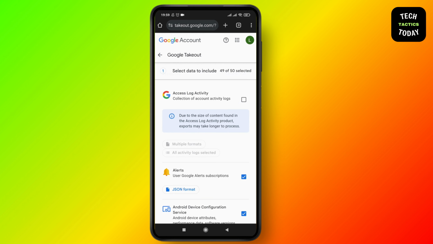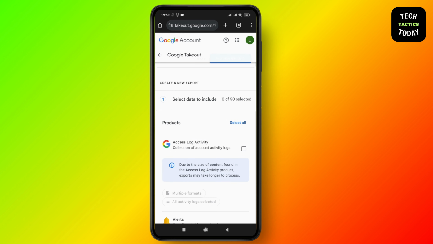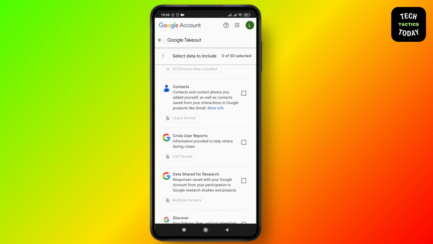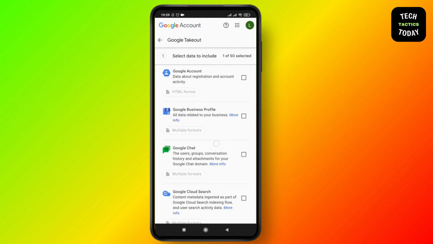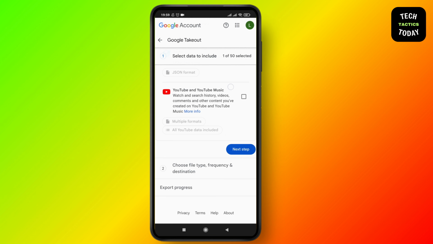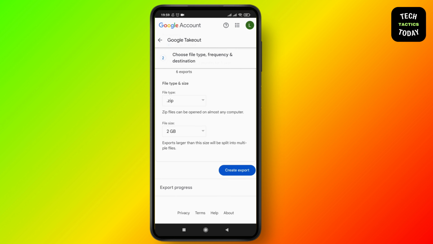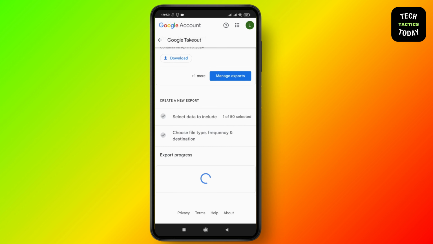And here you have to tap on deselect all and select only contacts. After that, scroll down. At the bottom, tap on next step, and here your file will be ready. So tap on create export,